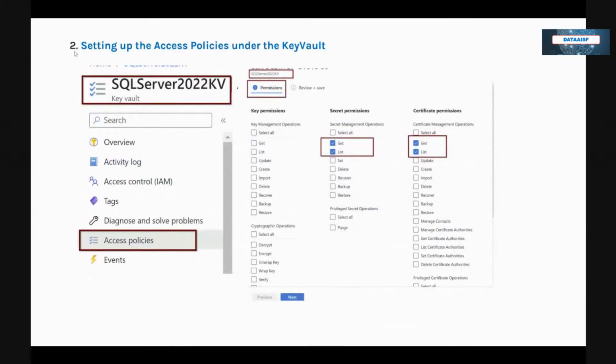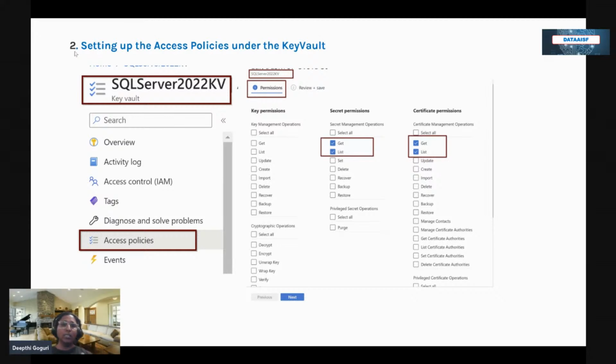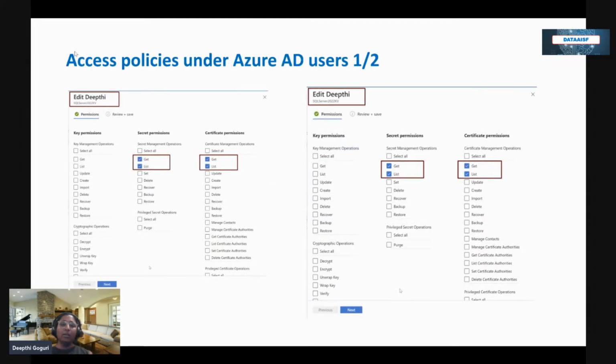The next one is to give the access policies underneath the key vault. So once you open up the key vault, we have created this key vault, and underneath the access policies, that particular account needs to have several permissions that you are seeing on the screen. We need to give the secret permissions and the certificate permissions. You need to just click on these things that you are seeing on the screen, and then some of the additional permissions. All these permissions are needed,